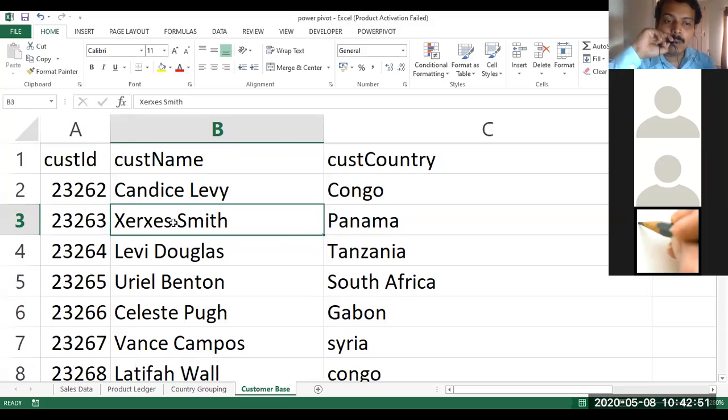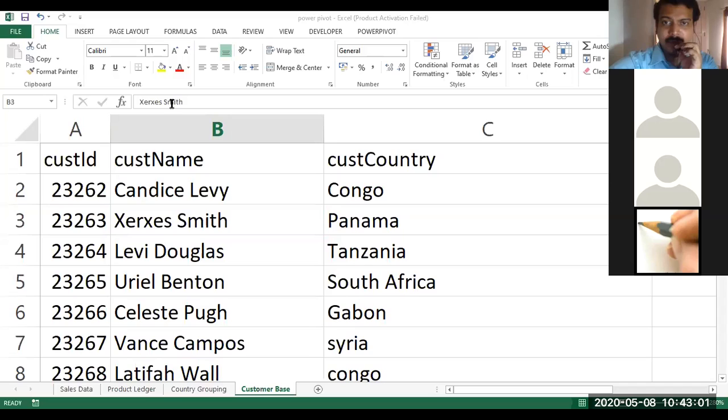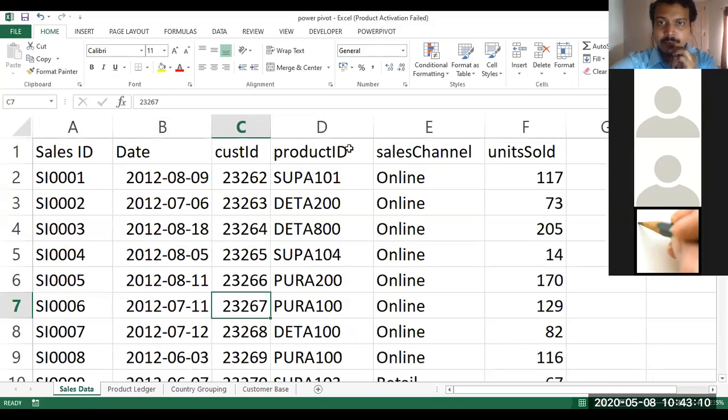So how are we going to link all these 4 tables with the help of these primary and foreign keys? For that reason, we use Power Pivot. It is highly a database kind of concept, but we'll try to understand. This is the advanced level of pivot tables. So now we can start doing it.